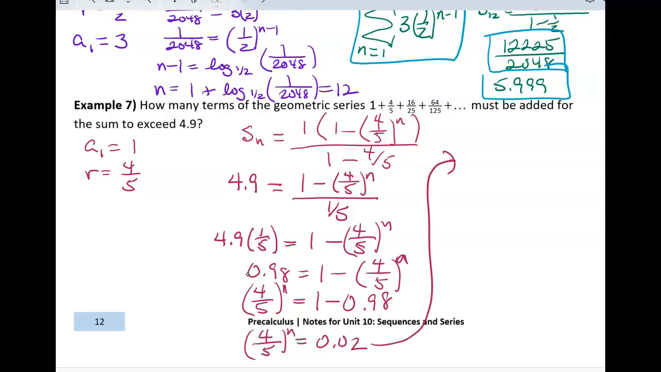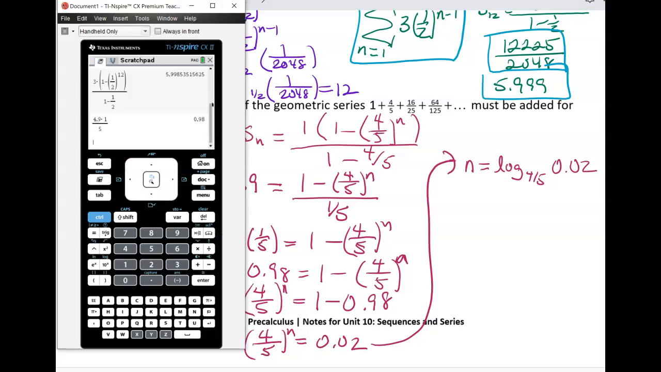That's an exponential equation, so we can use logarithms to find the exponent n. So n is equal to the log base 4/5 of 0.02. So log is Control and then the 10 to the x button. We have to enter the base 4/5 and then use the right arrow key to get inside the argument of that logarithm and enter in 0.02. That gives us